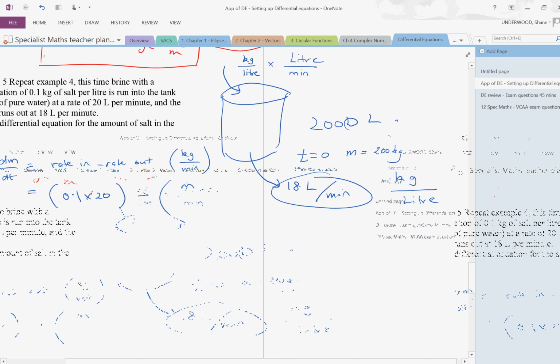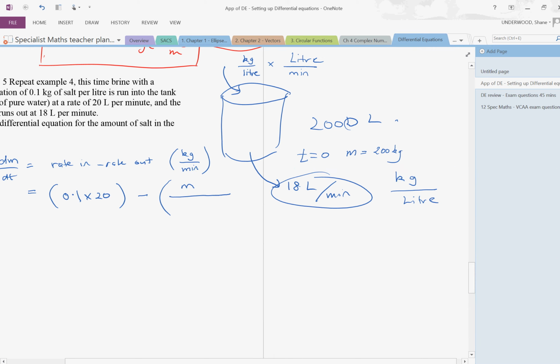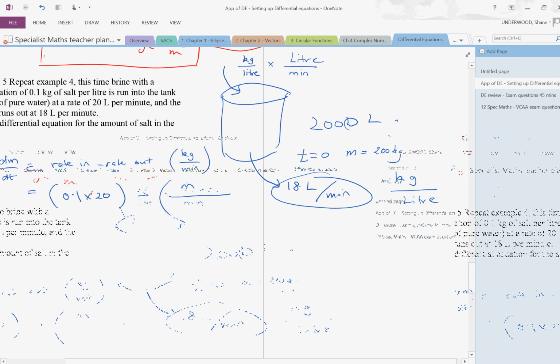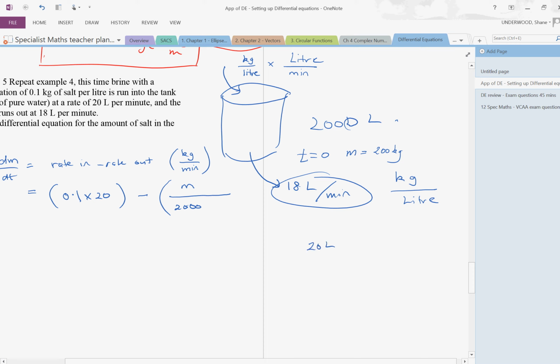M. Now, what goes on the bottom? Well, kilograms per litre. The volume starts at what? 2,000. And every time I've got 20 litres coming in and 18 litres coming out, so it is plus